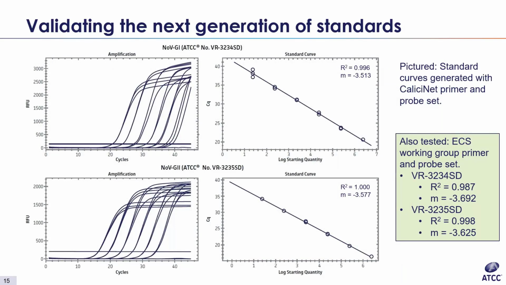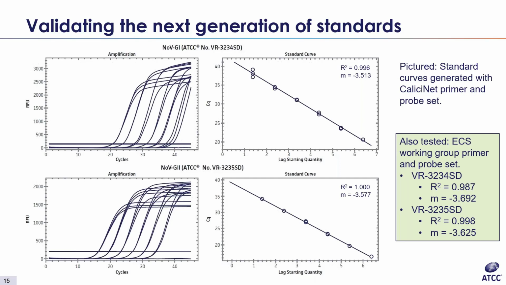So with two sets of constructs, the obvious next step is to compare them, and that's what we did. The next several slides are from the poster that we presented at CVS. We chose two primer and probe sets, one from CaliciNet, that's CDC's norovirus outbreak surveillance network that includes public health laboratories from every level of the US government, and another recommended by the European Committee for Standards, the ECS working